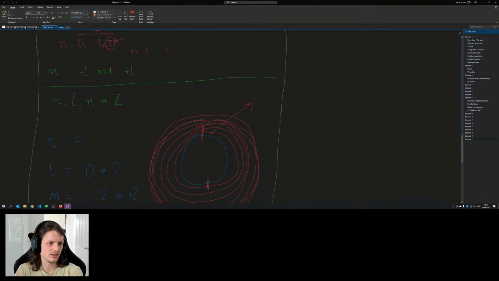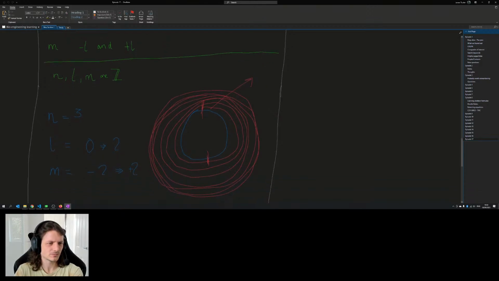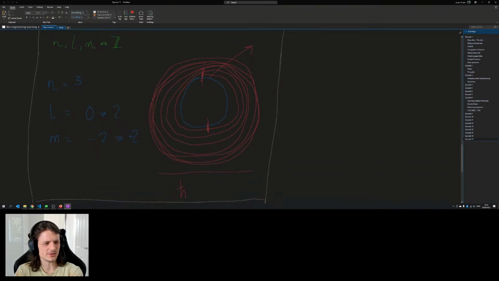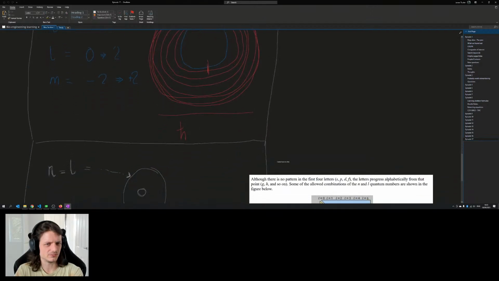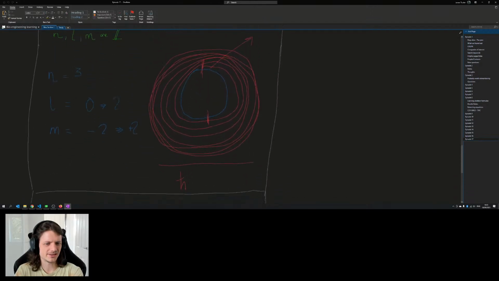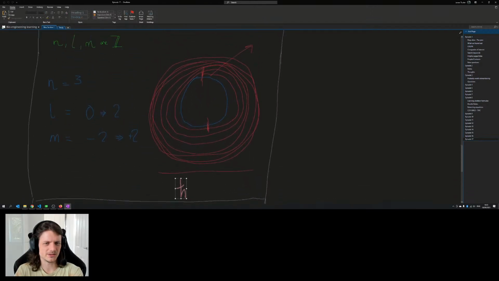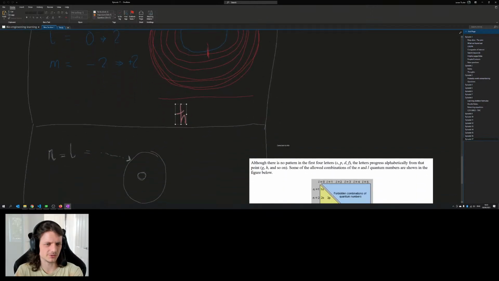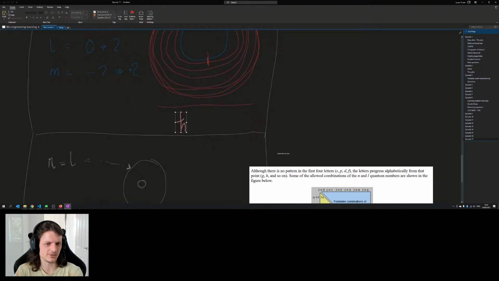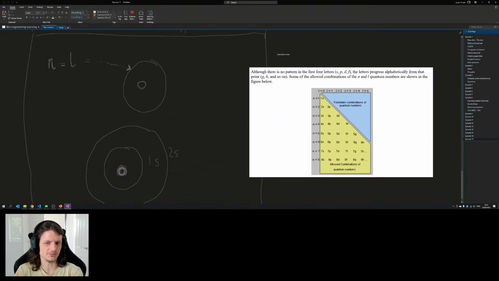M is between negative L and plus L. Mass times the variation in angular momentum. N, L, M are maybe different types of shells. It's unclear. My notes are terrible. This is trying to talk about an emission of an electron, I suppose, the energy required to do so, just some random drawing.